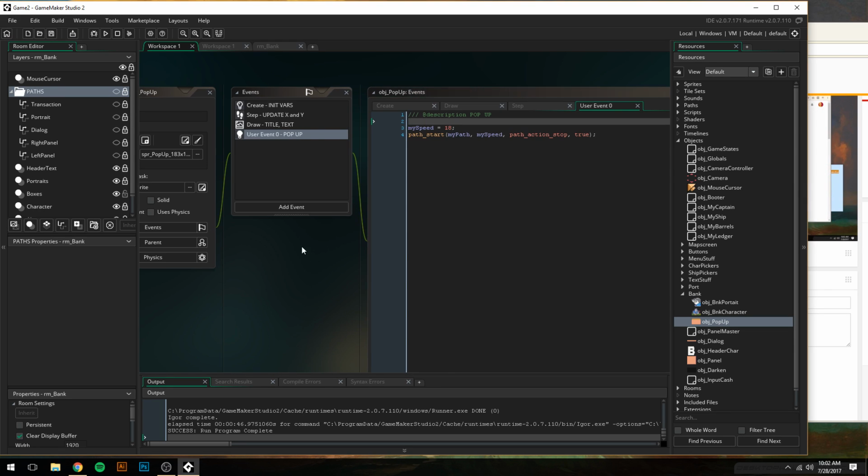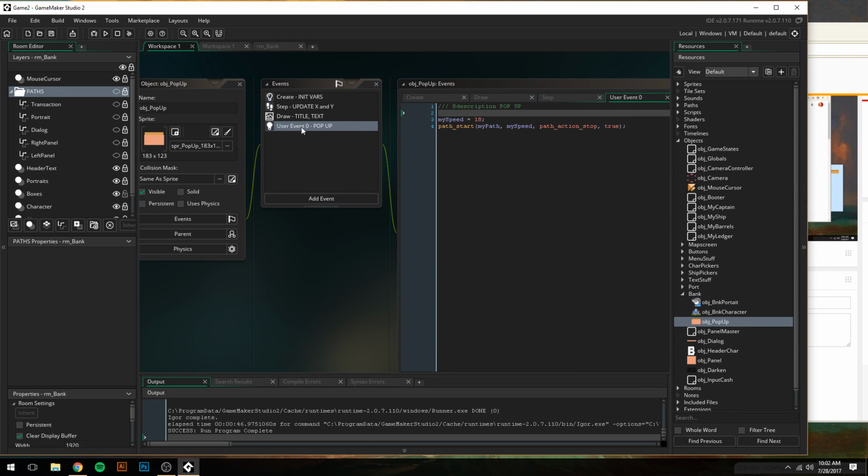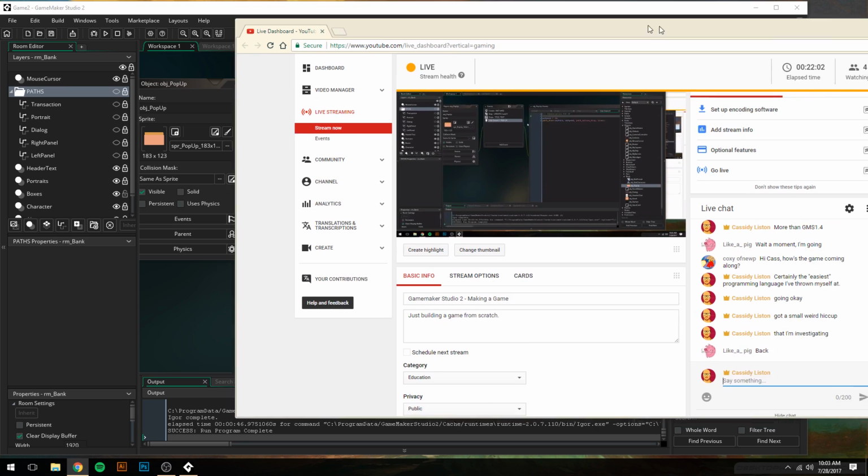Oh, you know what might be happening? Actually, yeah, I totally know what's happening. User event 0 is happening constantly, so it's constantly doing the path start code. Which is why it worked previously in the first place. Because this needs to only happen once. It needs to only happen for one frame. Okay, well, maybe I can solve for that too, in the same way that I solved for the other problem by adding a boolean for that. But I have to be